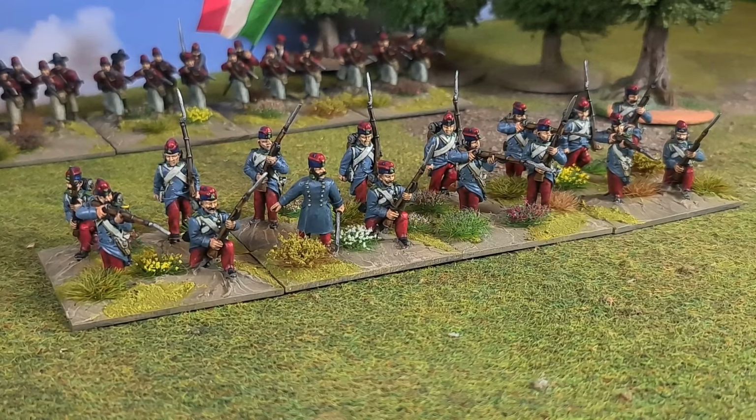Here's the final unit I've done this month, and literally just varnished it this morning. It's ready to go up on the Analog Hobbies Winter Paint Challenge. It's my 2nd unit for the challenge. The one behind is one I've already put in and scored, and these again are Gringo 40 figures that actually